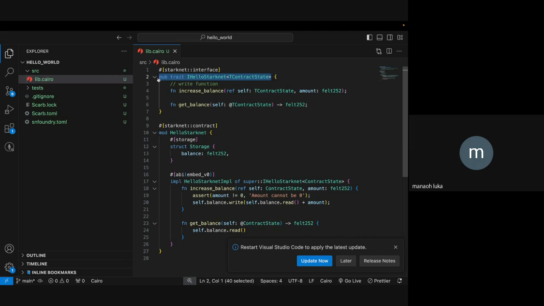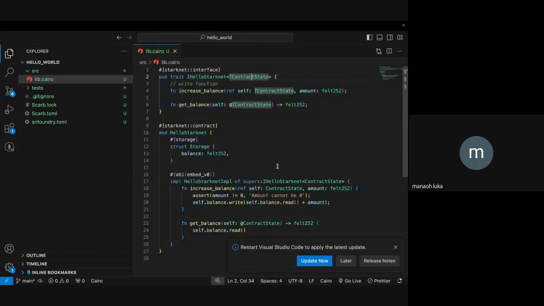All right. Traits mostly work with something called generics. So what are generics? Generics are like placeholders. You just use them, but that is not going to be the main contract state. Take for example this on line 2. This is the trait. For now, no contract has been deployed. No state is present currently. As you can see, there's no state. So all we have to do is pass the current state to this trait, and then we can write